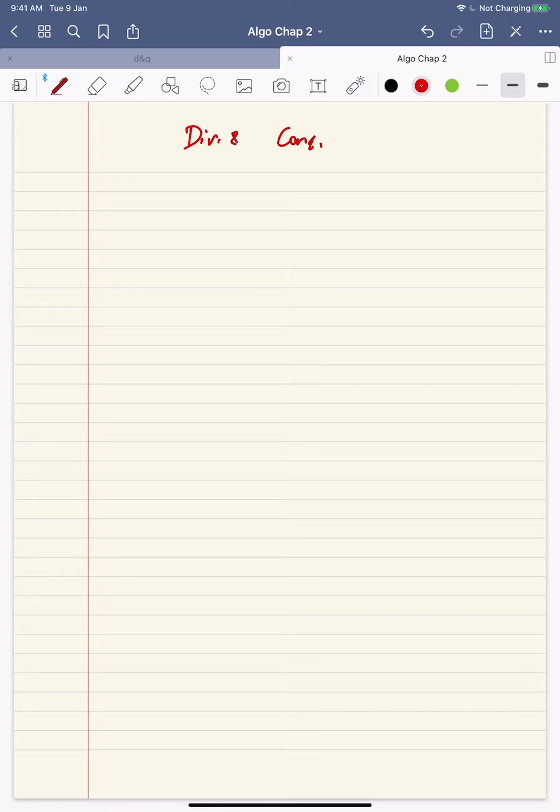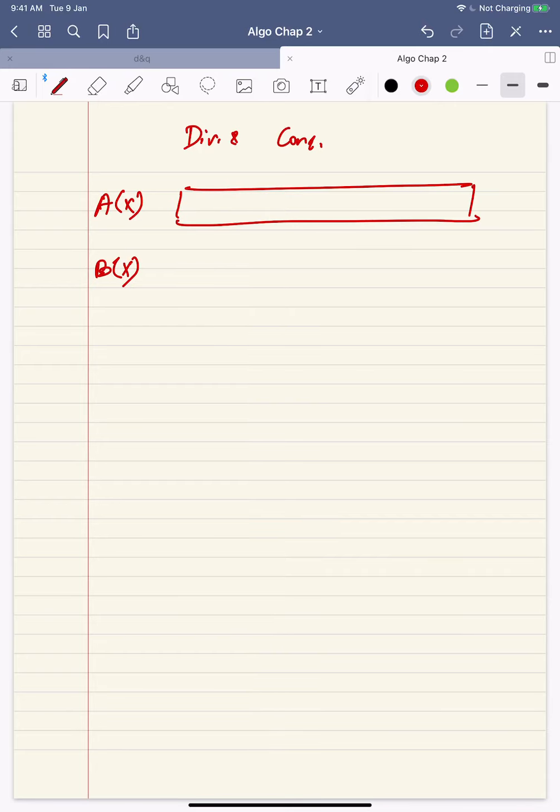So then let's think, okay, can we divide this problem into smaller subproblems? So I have two polynomials. So I have a(x), I have b(x). So this is a_{n-1}x^{n-1} up to a_0x. Now how can I divide into smaller subproblems? So then I will say, okay, why don't I think about dividing into two parts? They are roughly equal. So how can I do that?